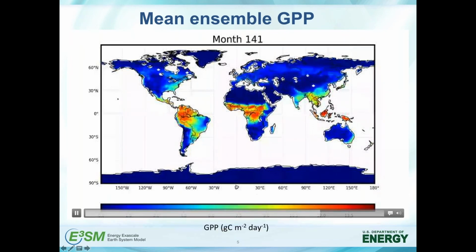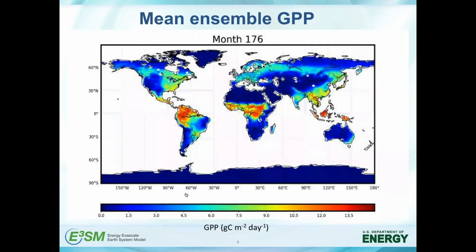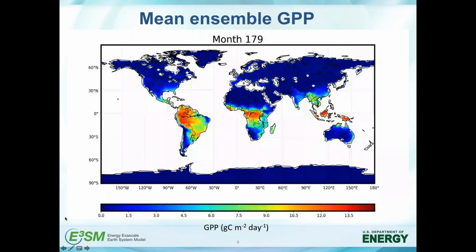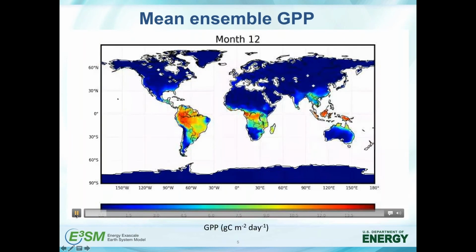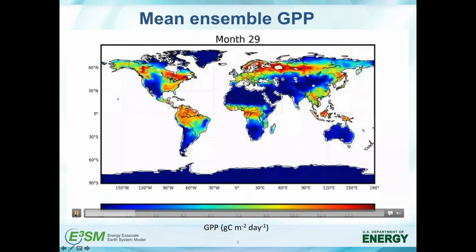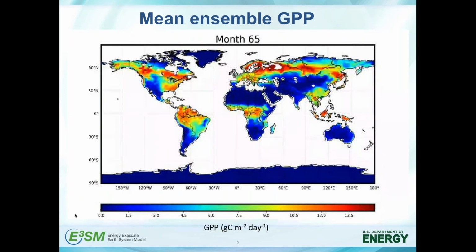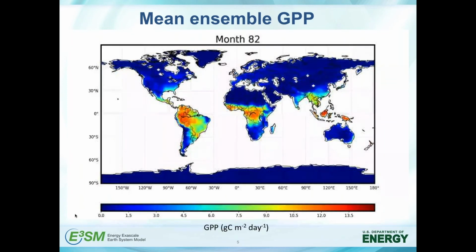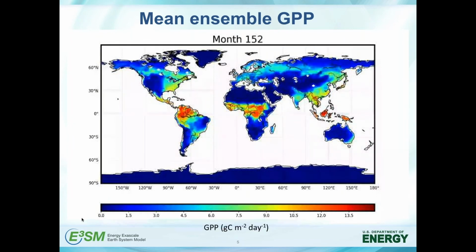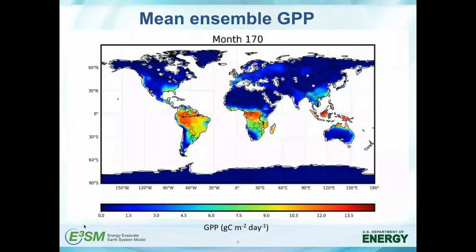So you can see, hopefully, the seasonal cycles as the Northern Hemisphere becomes productive in the summer, and then less productive or no productivity at all in the winter, with the opposite pattern in parts of the Southern Hemisphere. And in the tropics, some back and forth between high and low productivity, driven in a lot of cases by wet and dry season dynamics, and other areas where the GPP is relatively constant through the whole year, for example, in Indonesia.